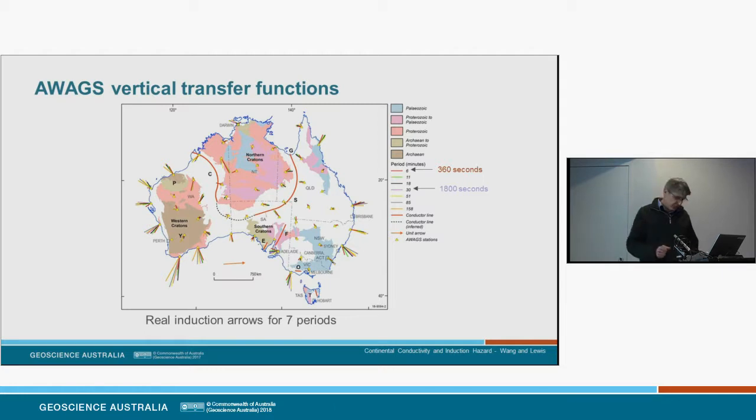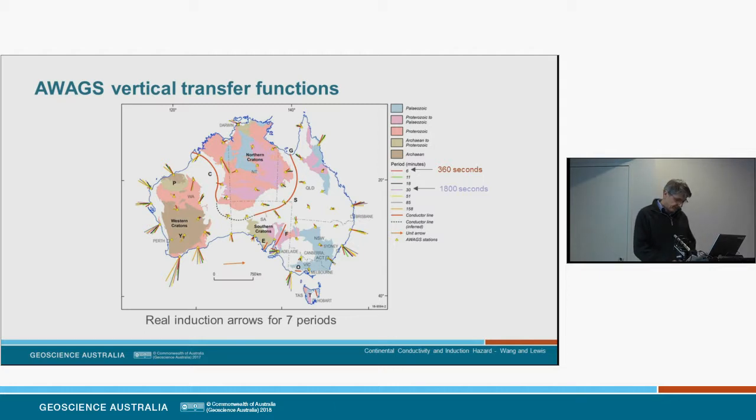So there's a lot of information on this slide. First of all, it shows the real induction arrows for the seven periods at all the AWAGS stations and the observatories. That's overlain on the broad-scale geological structure of the continent, and also shown as the red lines are prominent interpreted conductivity contrasts or features which have been identified over the last several decades from previous work and also from this